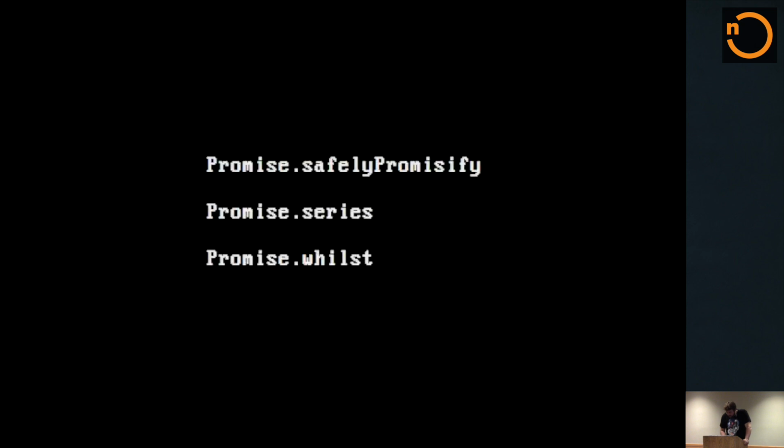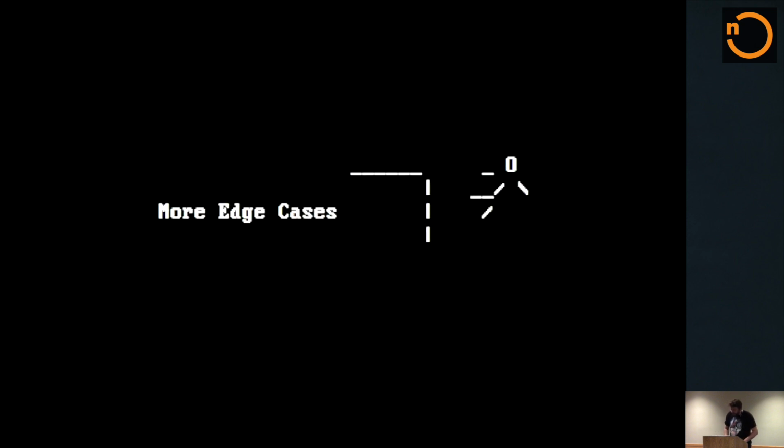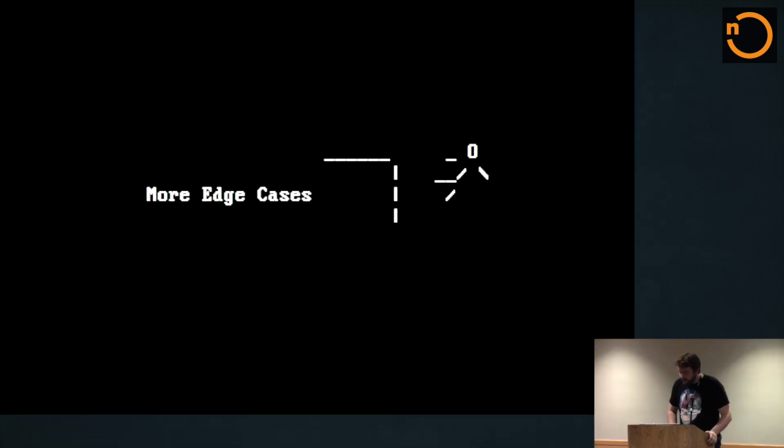Okay, so there's also a few other little functions in there that we built to help us convert from code that was very heavy on using async.js over to using Bluebird and promises. Depending on how you design your API, there might be a few other things you may have to deal with. For us, a lot of it came from the fact that you can only have one fulfillment value and one rejection reason, and not both, right?